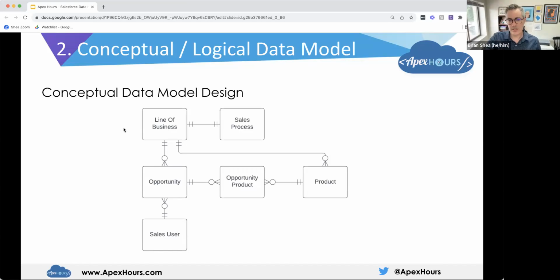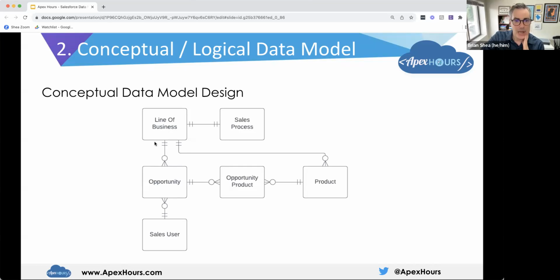Again, some of the things to call out about it: it's very high level. There are no fields, there's not a lot of detail. We're just showing high-level entities. What are our main business entities? And we're expressing the relationships between those entities. We're expressing what's called the cardinality, right? So how many, to use an example of